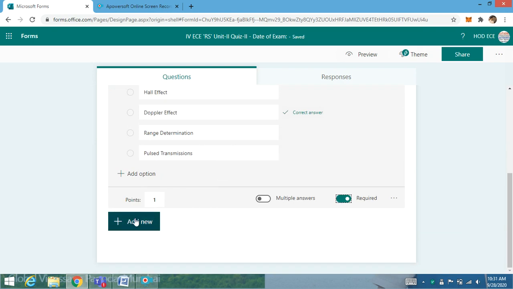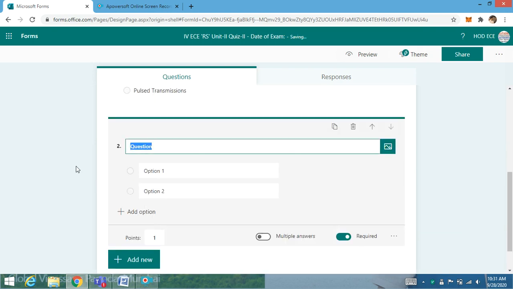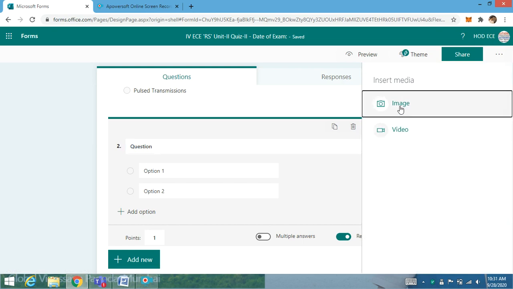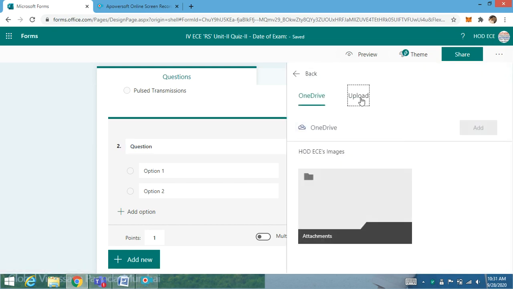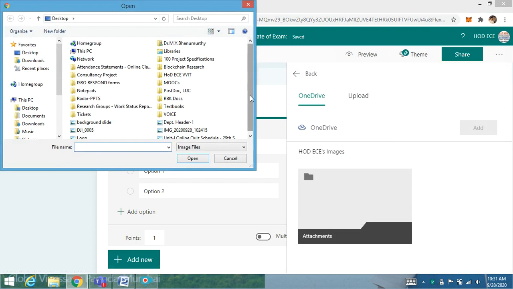Okay, and then the next, second question. If for example you have circuits or something like that for which you cannot draw mathematical equations, I recommend you write it down on a piece of paper, and then capture the image, and then upload that image here. For one of my questions, for understanding's sake, I am just uploading an image from my computer.